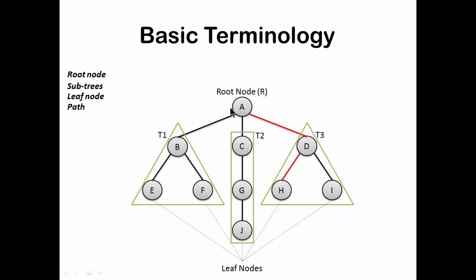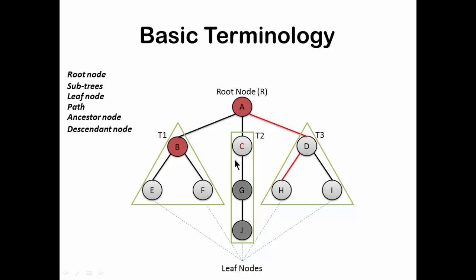Path means if there is a connection from the root to the asked node, the node that you're looking for, for example H in this case, then if there are edges that take you from root to that particular node, the edges that you have traversed are called the path. So path to H is A, D and H. Ancestor nodes: if I'm looking for the ancestors of F, then if there is a path from root to F, then whatever nodes are there in that path will be called the ancestors of F.